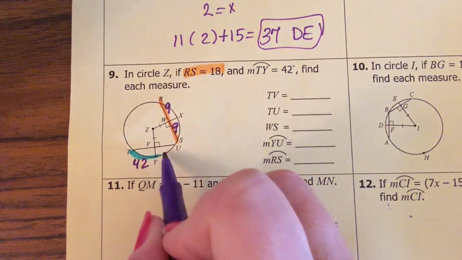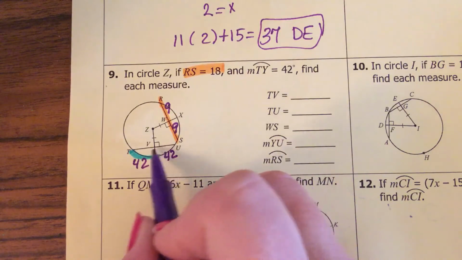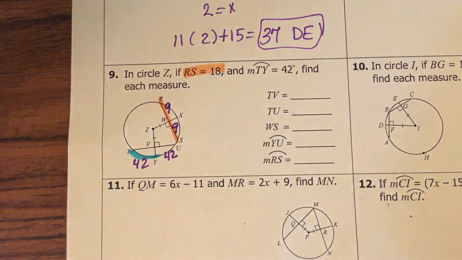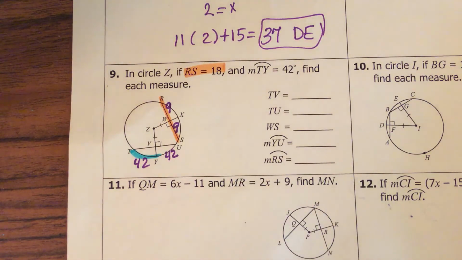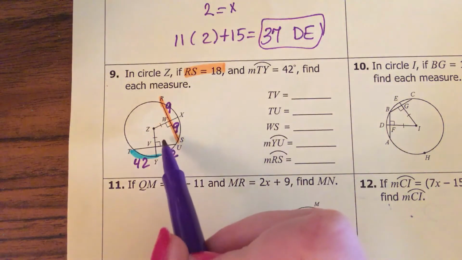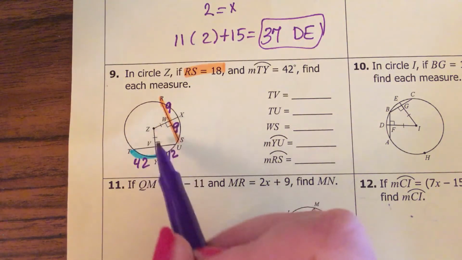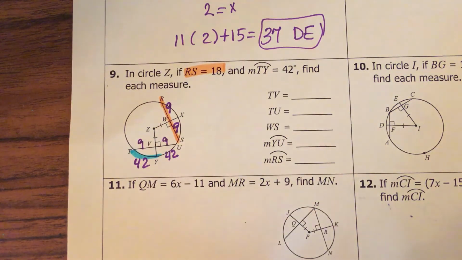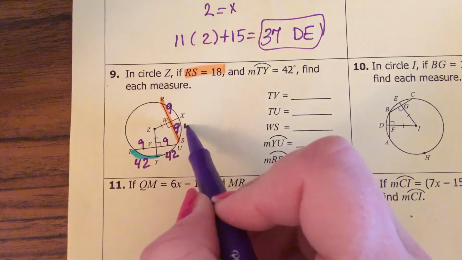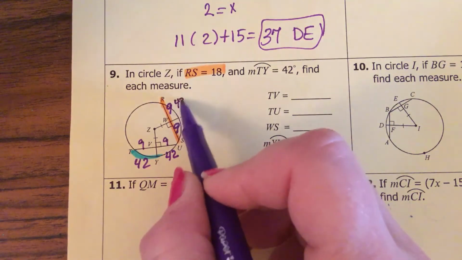Well, if this is 42, this one's also 42 because of that same situation that this matches our congruency and equal parts that we had in the very beginning. So also if this is 9, this whole thing matches that situation. So this is 9 and this is 9, which also tells us that this is 42 and this is 42